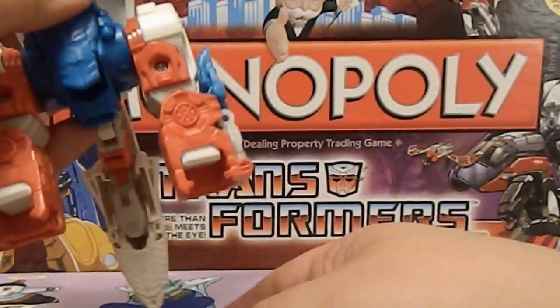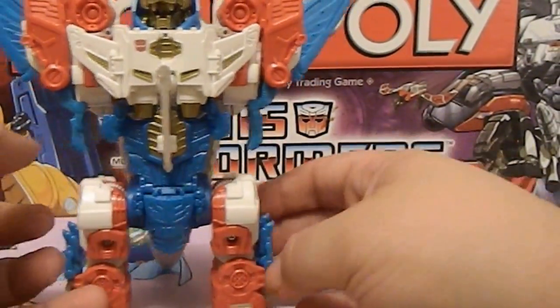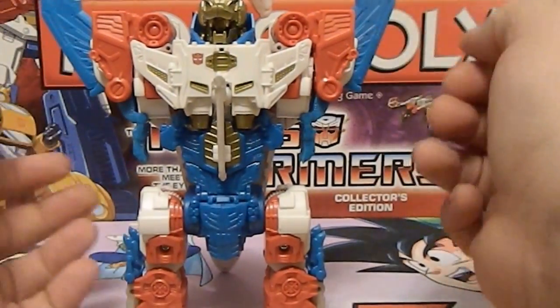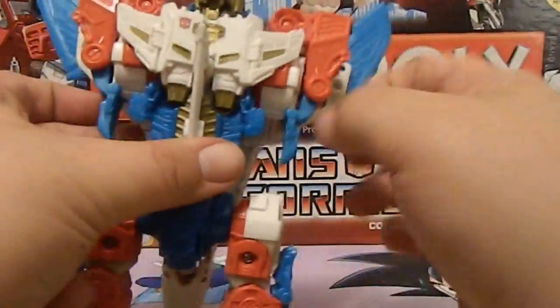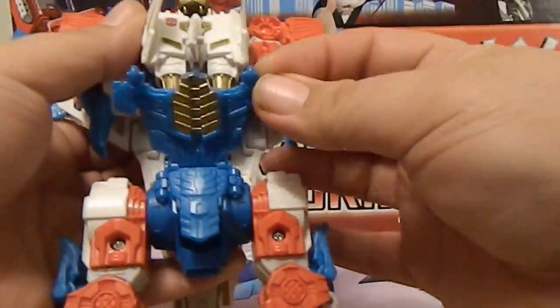And you can have it hanging low if you want, bring it up higher, whatever you're looking at. Alright guys, so from here on I am going to actually take him and put him into his space shuttle mode to show you all the other his actual space shuttle. So basically what you're going to want to do is bring these up, pull this piece back